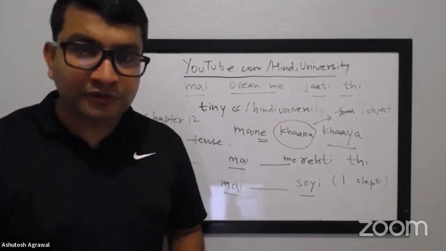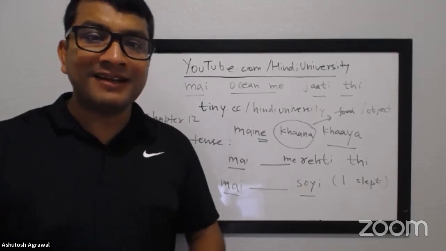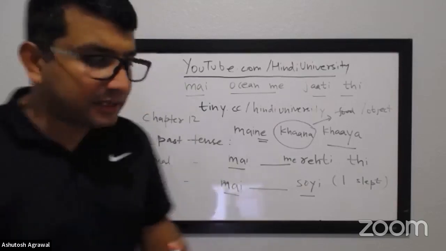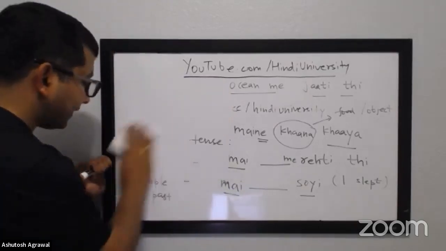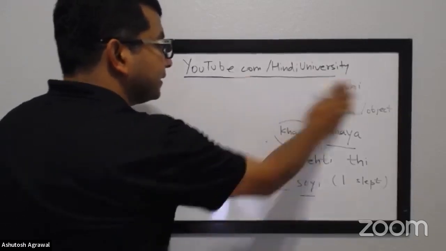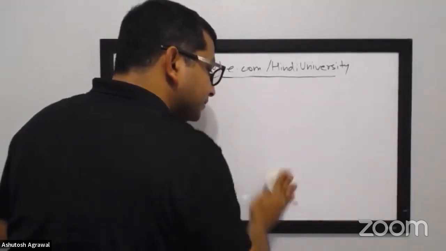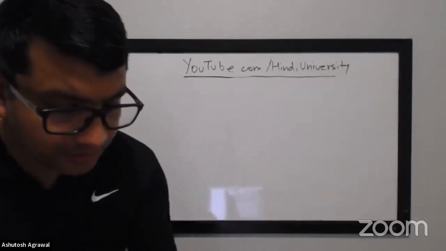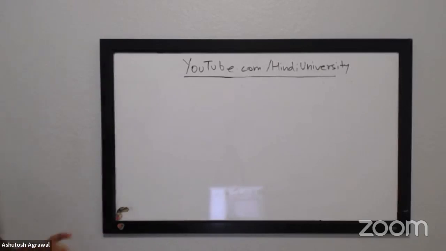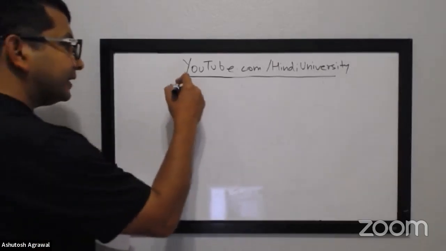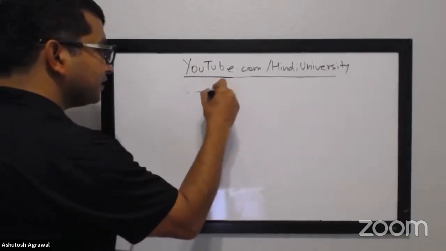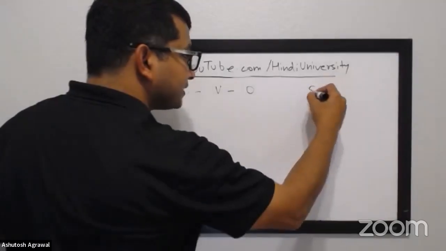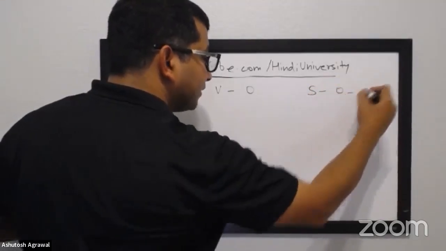When I tell you in terms of definition, it may not come to your mind right away, especially when you want to say something in Hindi. It has to come automatically as you're speaking. So I'm going to write some sentences, and you have to tell me the subtle difference that you see. I'm going to write in English right now. English is an SVO language: subject, verb, and object. And Hindi, as you know, is subject, object, and verb.